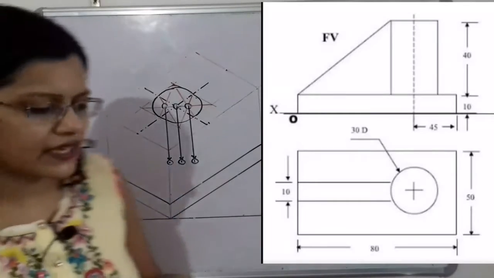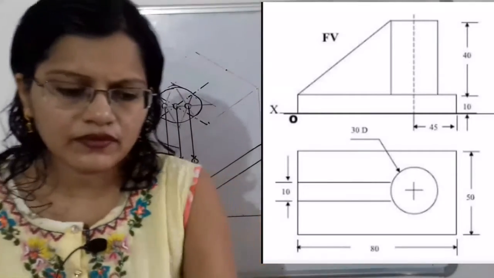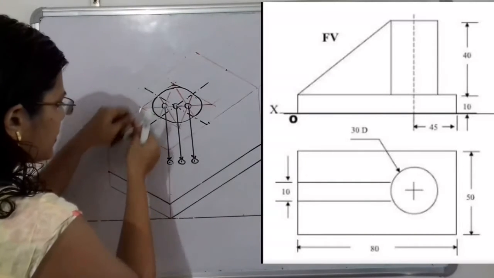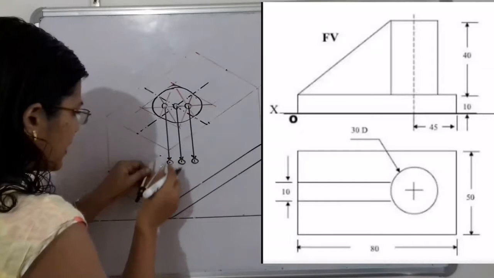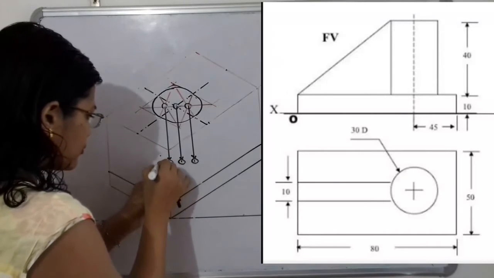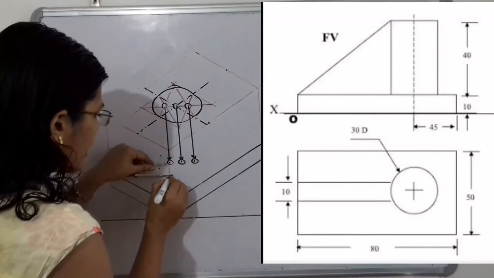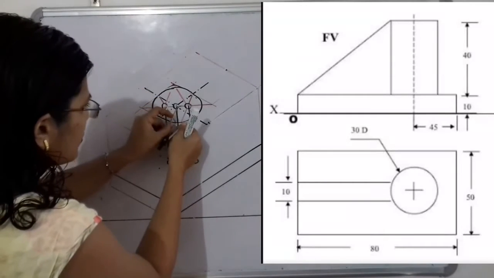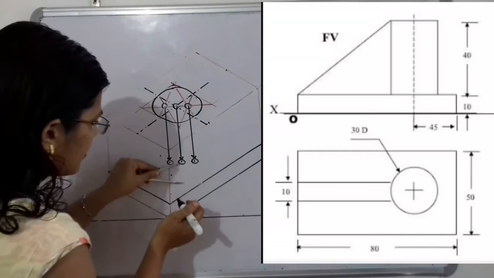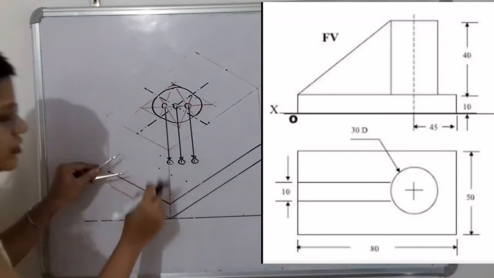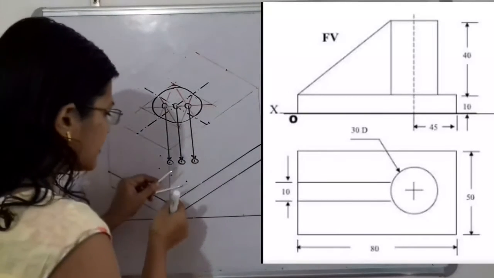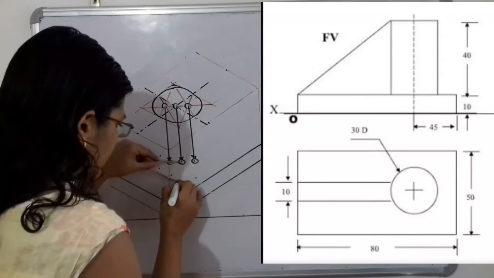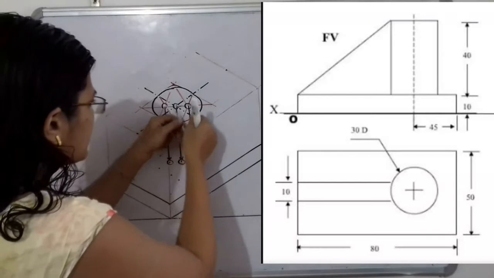Now we have to take the same distance. So how to take the same distance? Here with the help of compass we will take the same distance and we will complete the portion. Now if we are going to complete this portion for the whole, then how to complete this circle? Only this half portion can be seen. On the back side there is the construction, but we cannot see that construction. So we have to just select this.